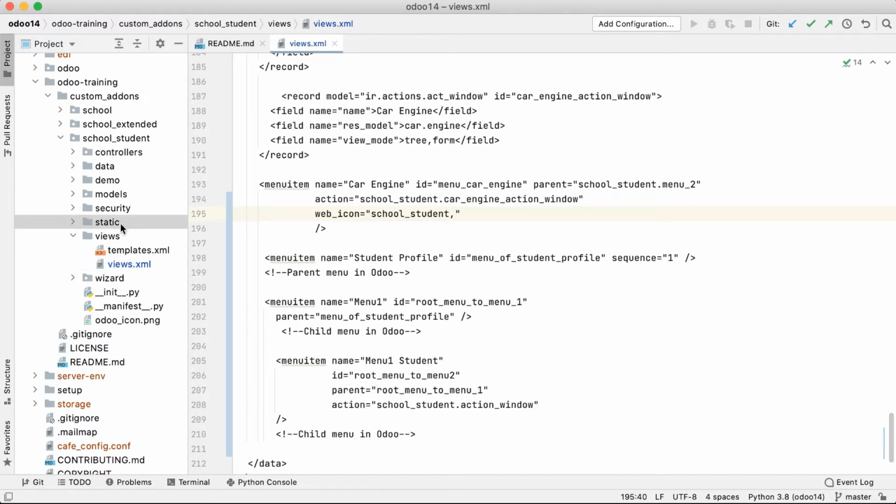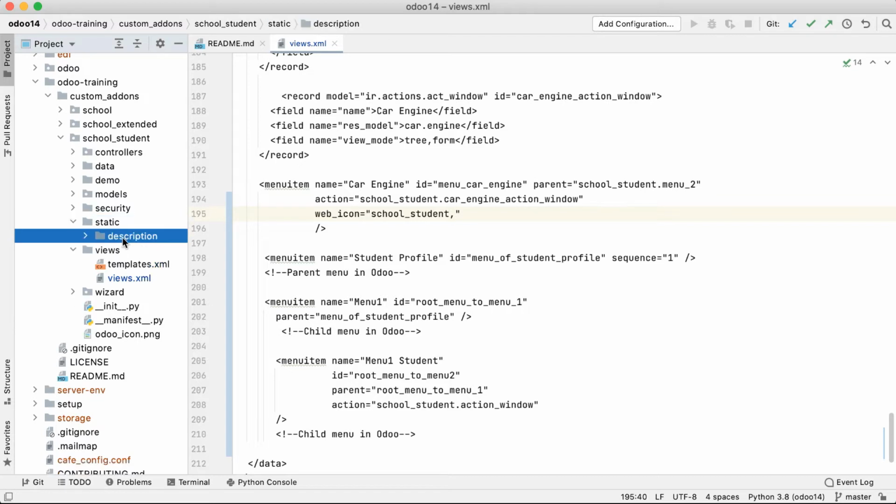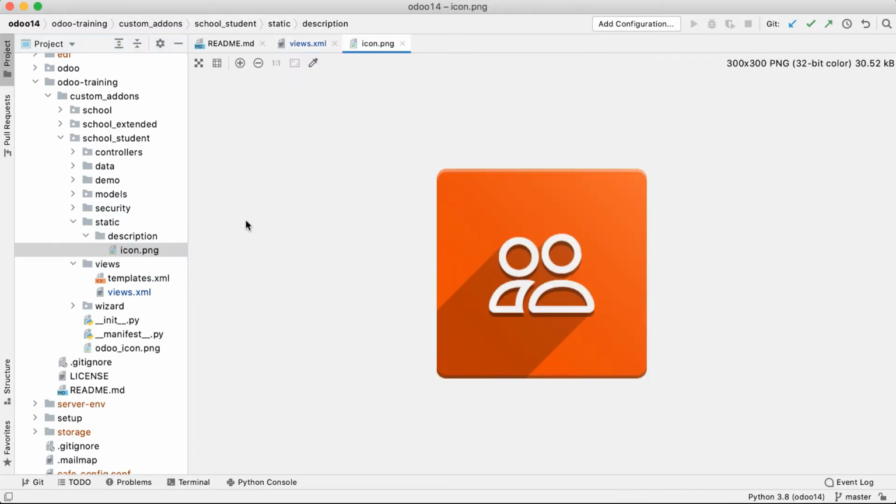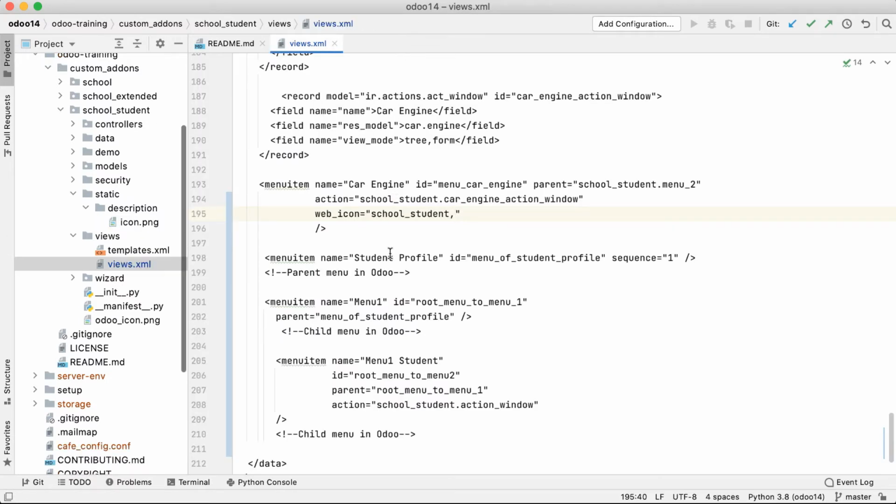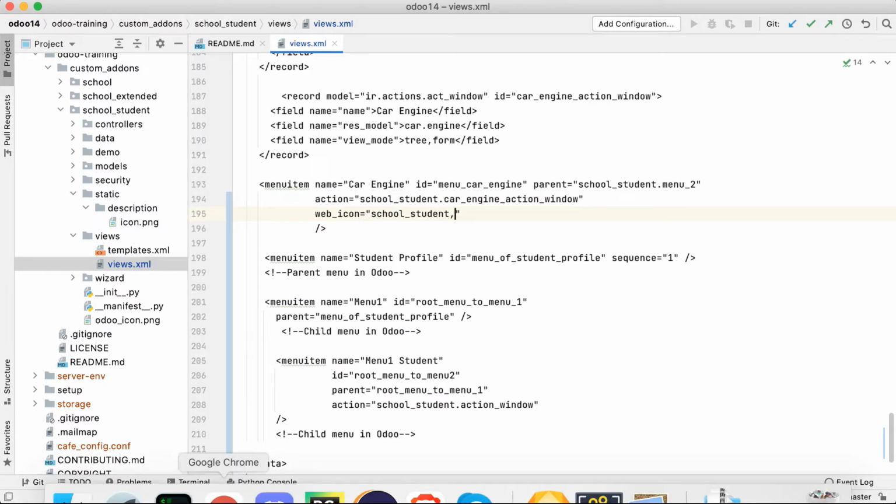right now I don't have any images here. This icon.png is there, but I want to display another icon.